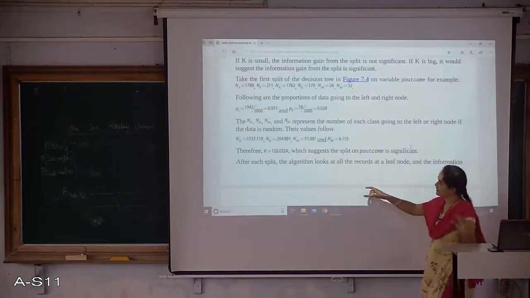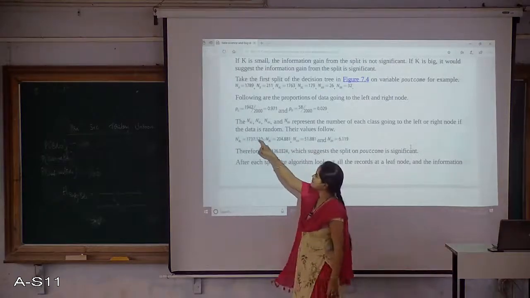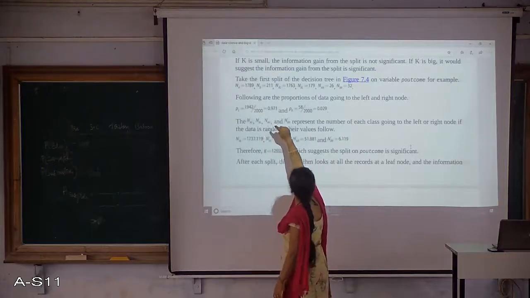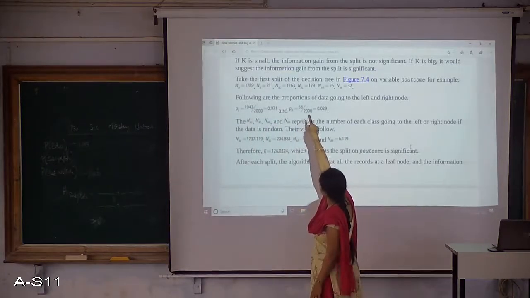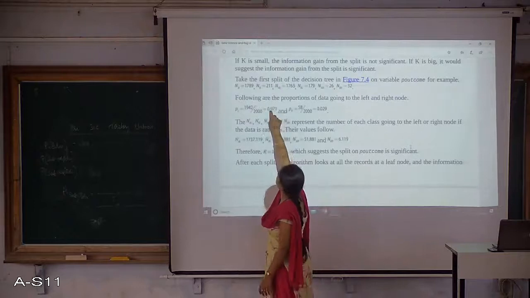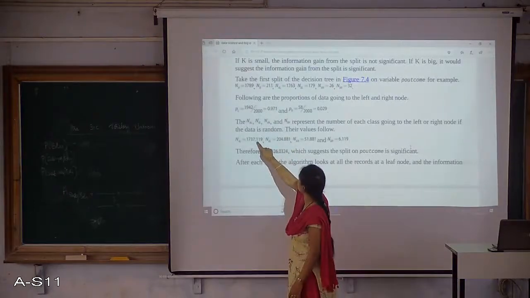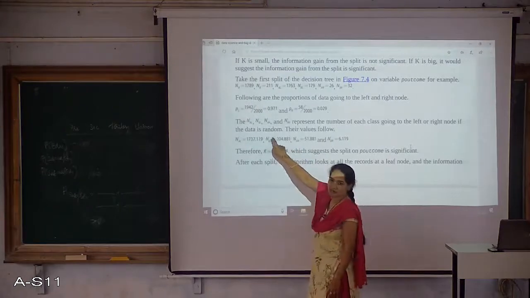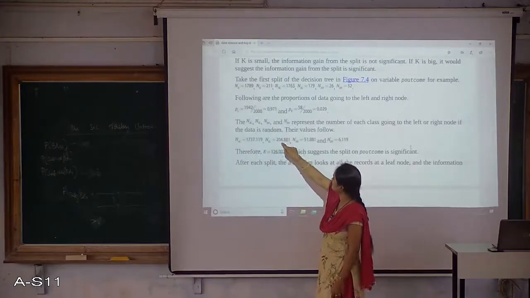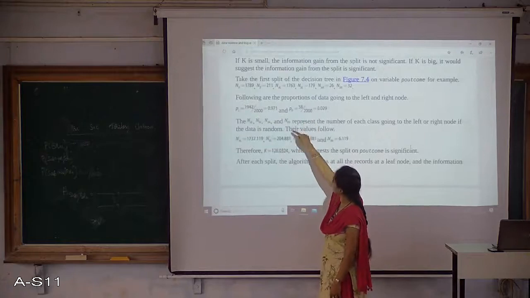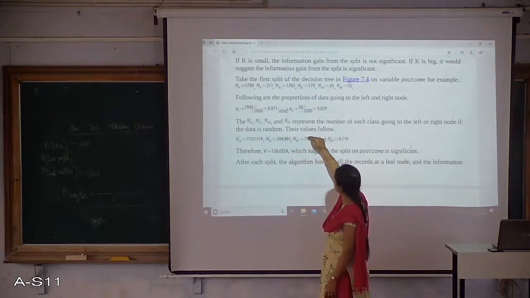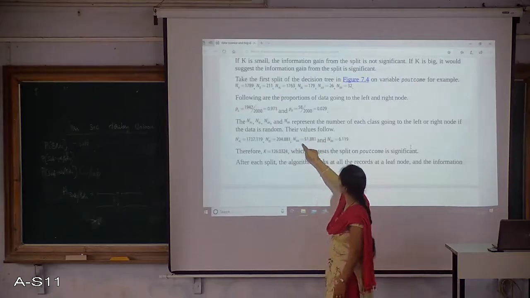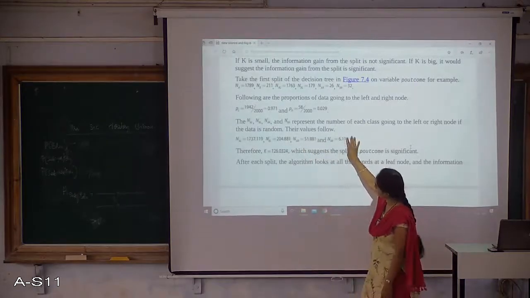I am getting some higher positive values because I am multiplying NAL, 1763, into this. Then similarly NBL dash, the same values I am multiplying with the PL. Then this is for NAR dash. So I am getting all these values.